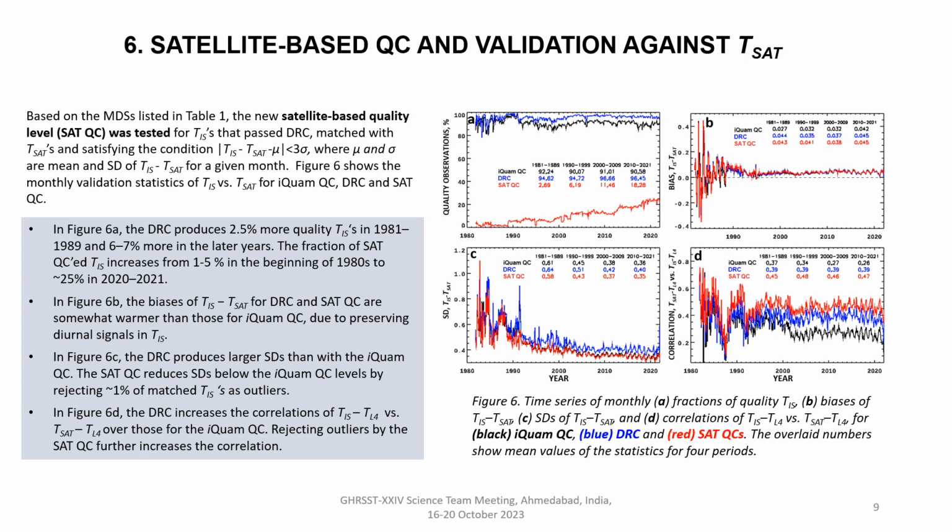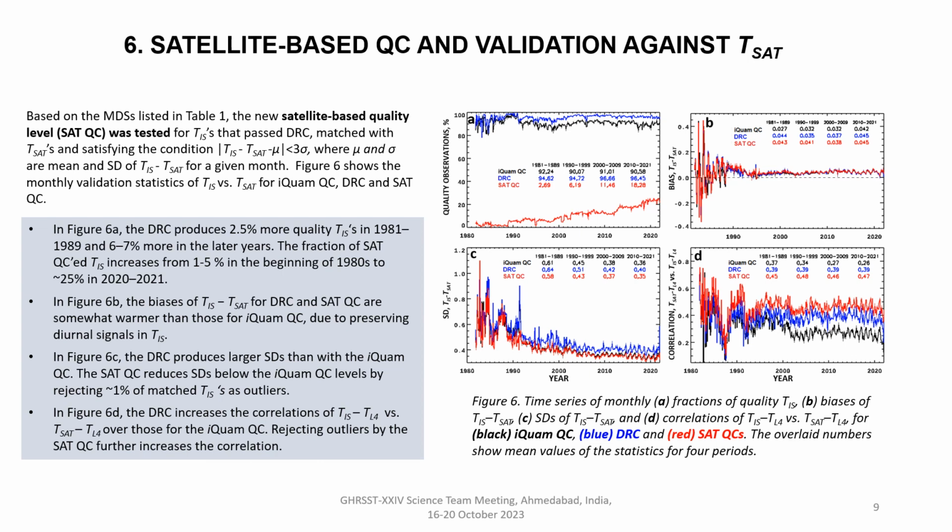This figure compares the monthly statistics for deviations of in situ SSTs from satellite SSTs for the iQuam QC, DRC, and satellite-based QC. Figure A shows monthly fractions of quality in situ SSTs selected with the 3 QC methods. The DRC produces 2.5% more quality pixels in the 1980s and 6 to 7% more in the later years. The fraction of in situ counts passing the satellite QC increases from 1 to 5% in the beginning of the 1980s